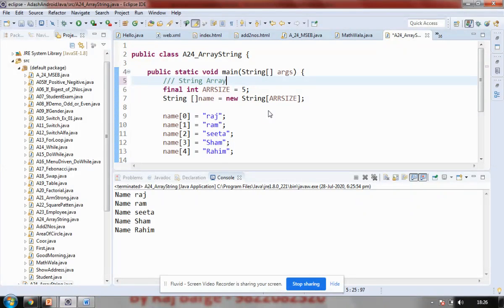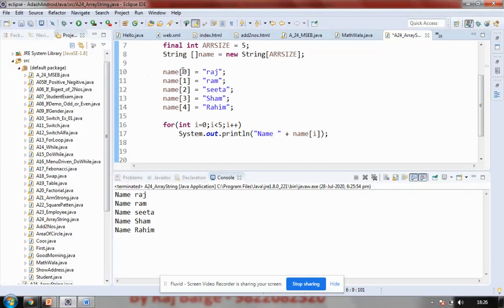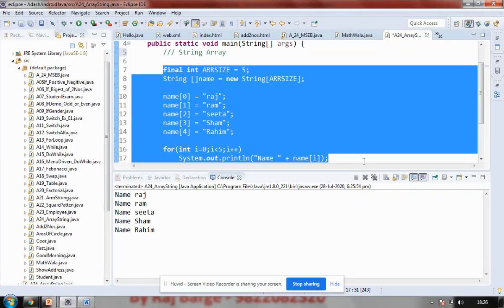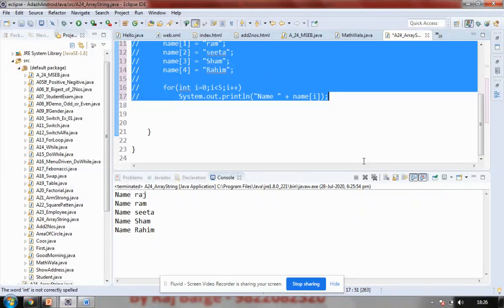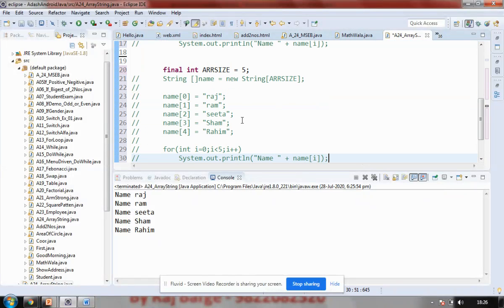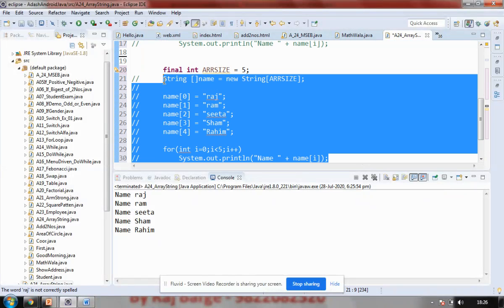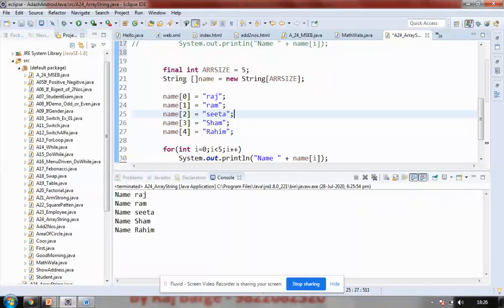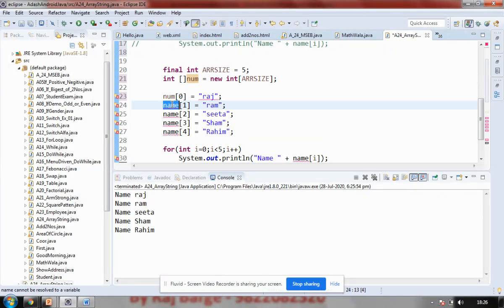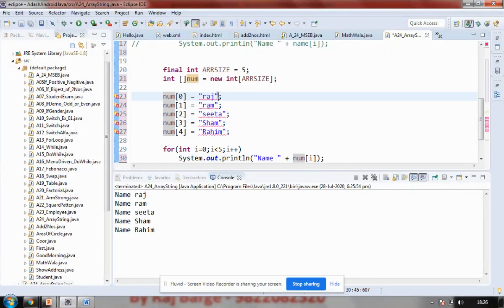Now how to go for the second? What I do is comment this out. How to convert to an integer array? All the steps should be the same. This is copy pasted. I rename this, so my data type changes. My data type is integer, so it changes to integer here. It should hold some values. This is a number, so I'll be saying num. I'll be copying this num everywhere, 5 times, because you compulsorily have to use num.